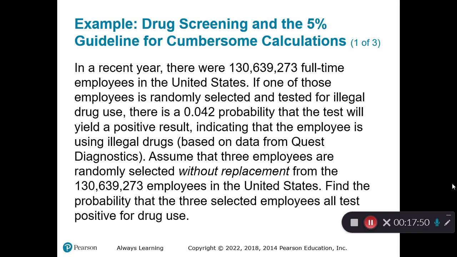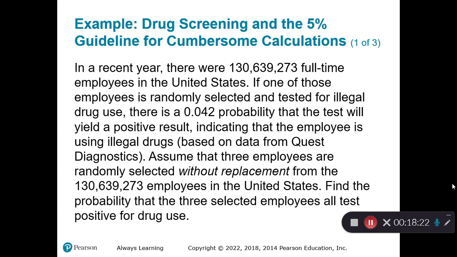Let's look at the following example as an exemplification of this rule. In a recent year, there were 130,639,273 full-time employees in the United States. If one of those employees is randomly selected and tested for illegal drug use, there is a 0.042 probability that the test will yield a positive result, indicating that the employee is likely using illegal drugs, based on data from